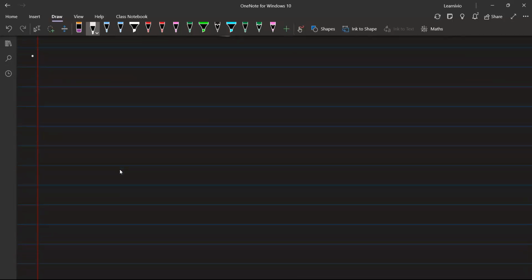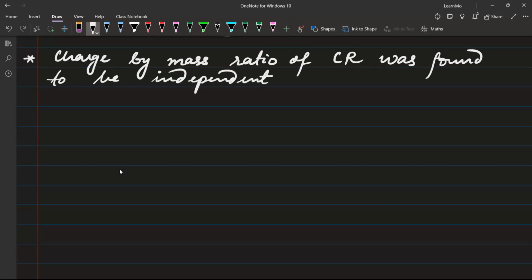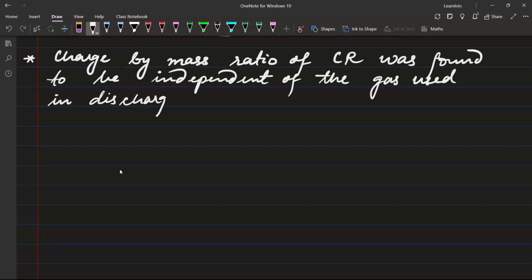First, you will write that the charge by mass ratio of cathode rays was found to be independent of the gas used in discharge tube. Okay, used in discharge tube. Now please write this: by above observations,